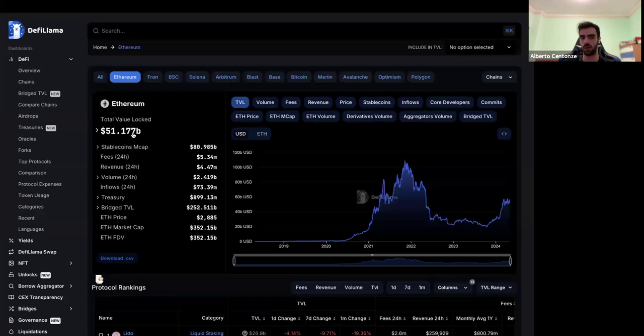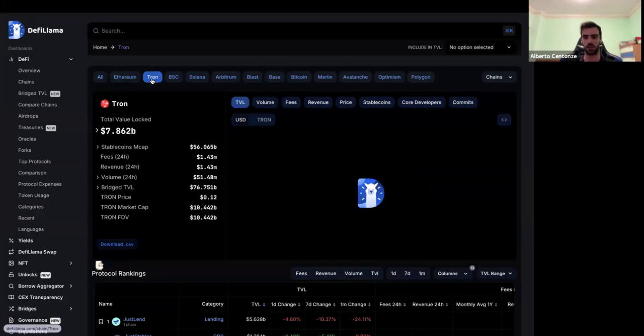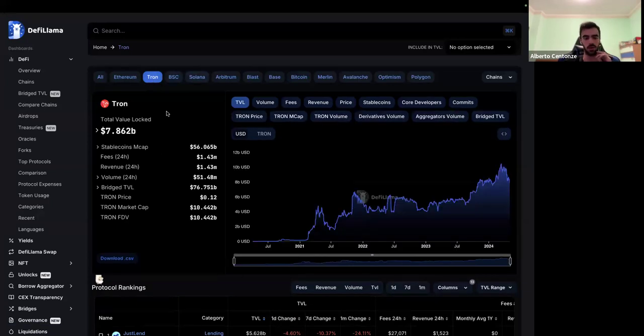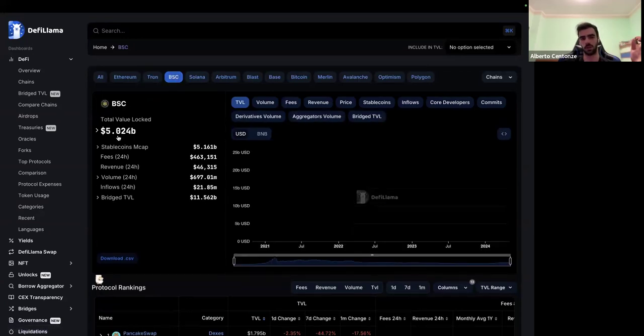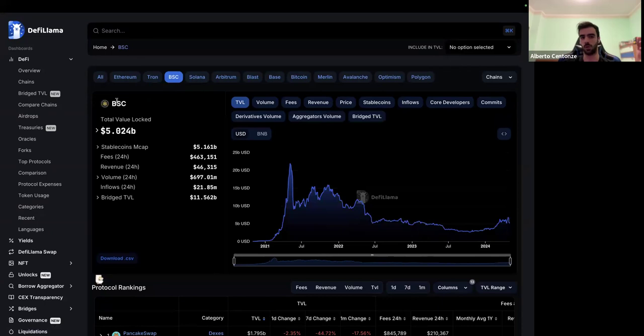So by learning Solidity, you're addressing this market. You can already reach 50 billion, and you have a bunch of other smaller blockchains which are not as big as Ethereum, but they are cheaper, and most of them are compatible with Solidity. So you can write the code once and access a bunch of different markets. Ethereum, okay, we got it, it's a big one. But then we have Tron, which is more used in countries like South Africa, I think, and Africa in general, like Nigeria. For historical reasons, this blockchain is very used in African countries. This other one is very used in the Chinese community, and is operated by Binance,